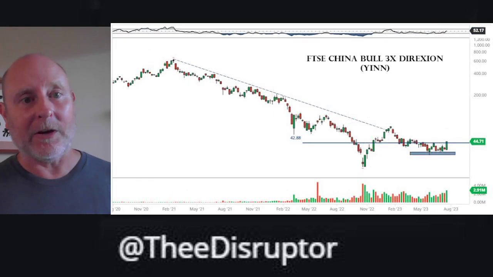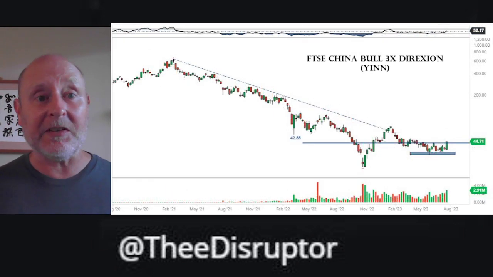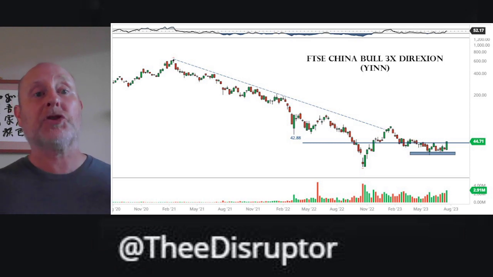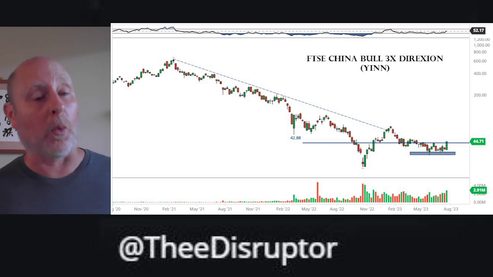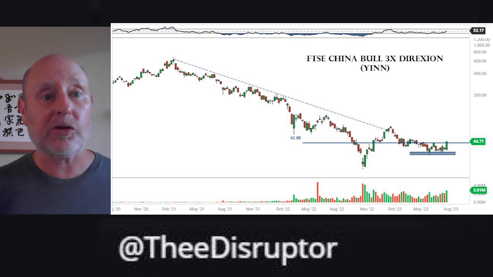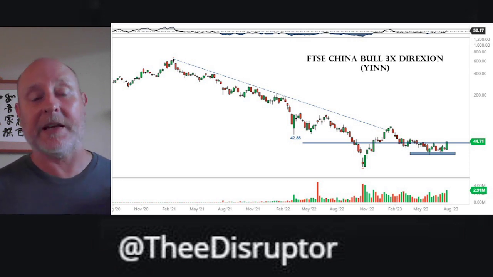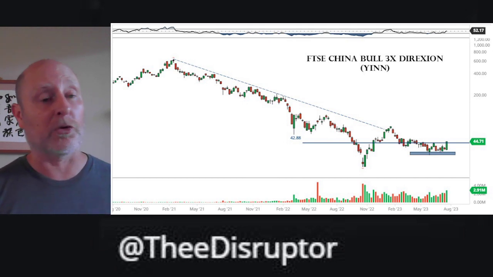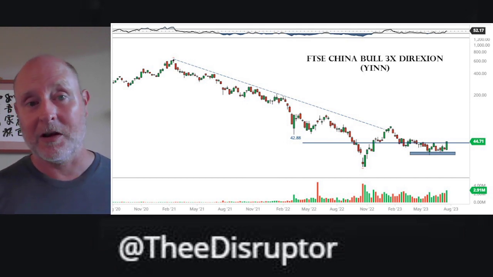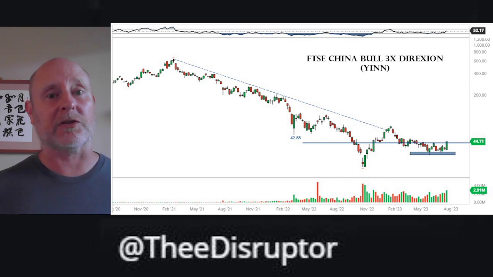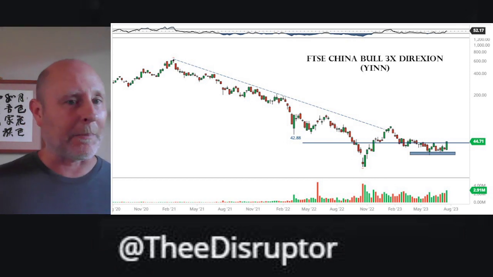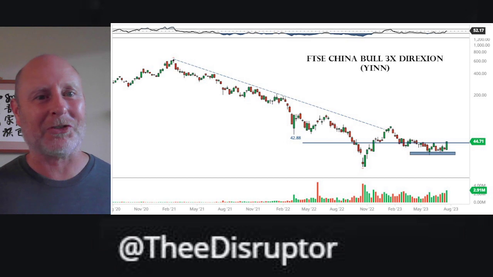I will close with this. There is an ETF that's basically China on steroids called YINN. This is a 3x leveraged ETF. So if you believe that China is in fact ready to go, this right here can carry you to really great returns, but also it's 3x on the losses. So with leveraged ETFs, you've got to balance your risk, as you always do, of course, but just be careful. Think about how you want to play it.